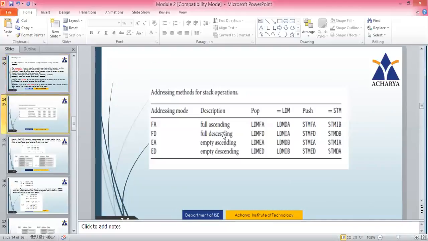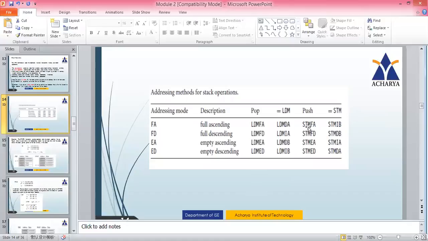Let's see here. Fully ascending, fully descending, empty ascending, empty descending: these are the four combinations of the features ascending, descending, full and empty. Fully ascending, if you see here, is implemented using pop operations, which make use of LDM, that is loading.